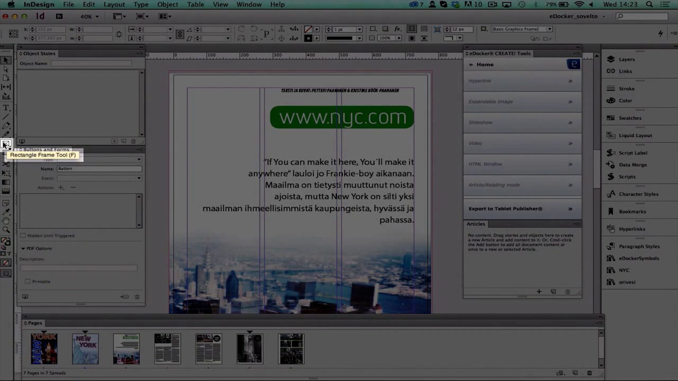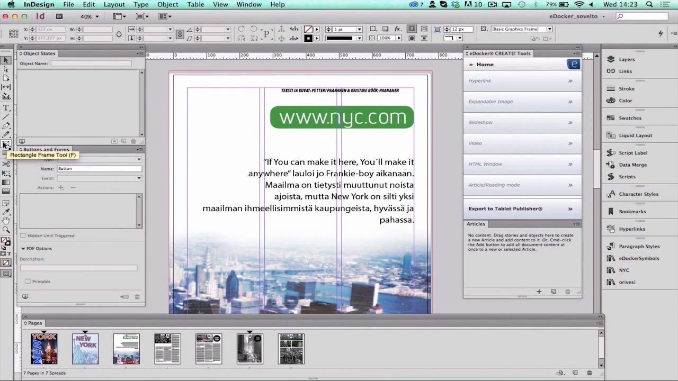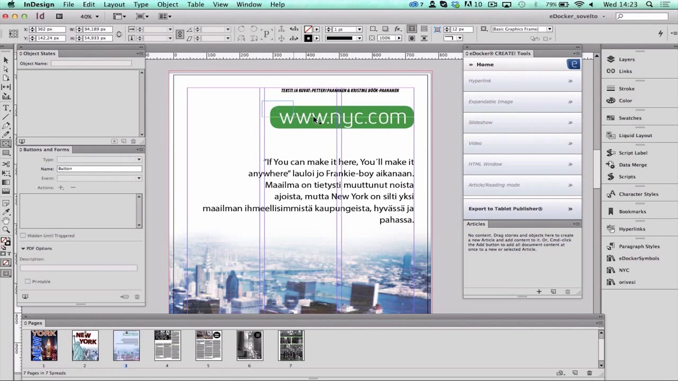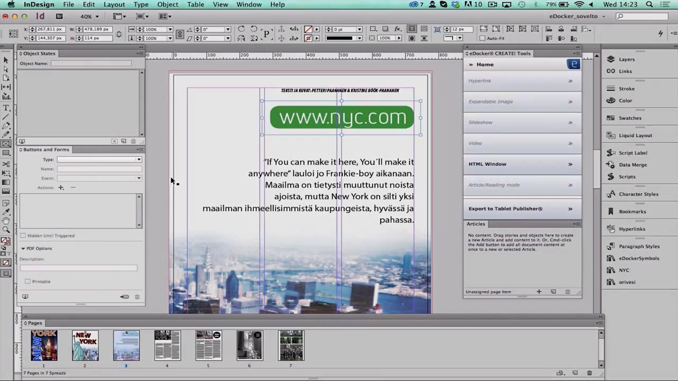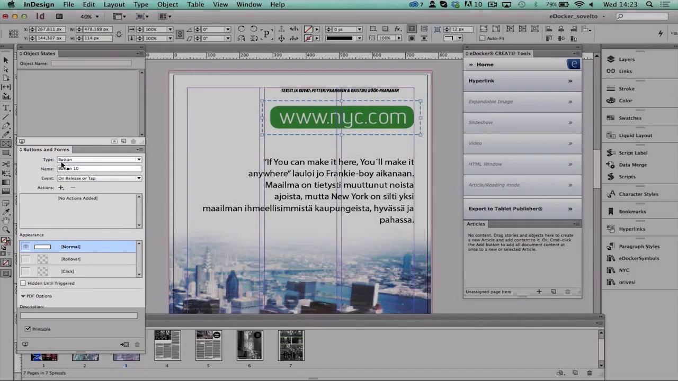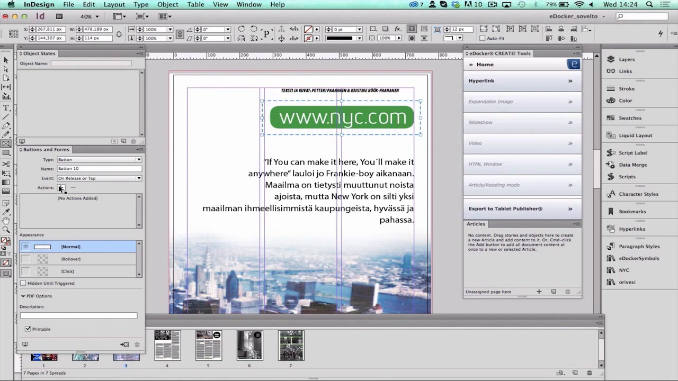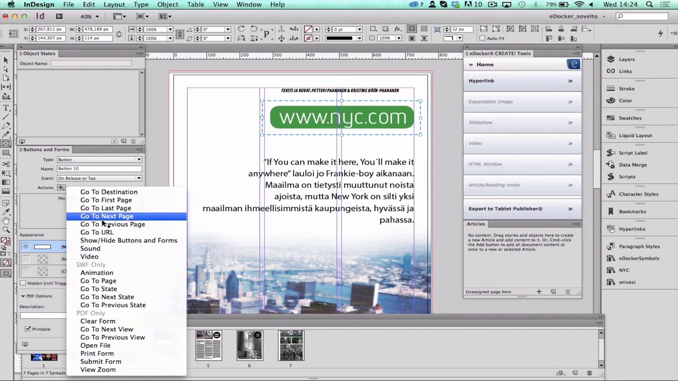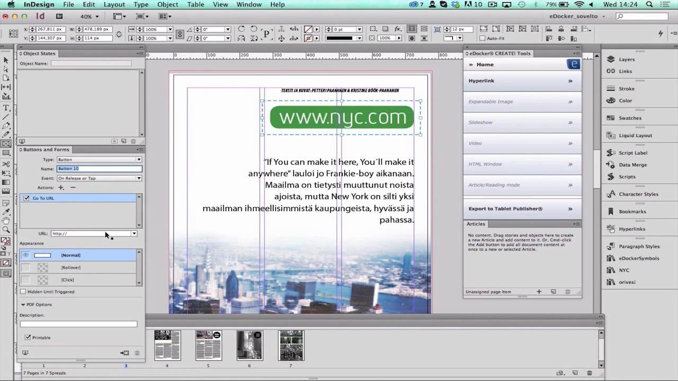First, I'm going to show you how to create a hyperlink to your publication. I'm going to start it with InDesign's own rectangle tool. I'm going to draw an invisible rectangle wherever I want that hyperlink to be. And after I have drawn it, I will convert this rectangle to a button. I'm going to use InDesign's own button tool for that. Then I'm going to assign an action, go to URL to this button and give URL address. In this case, I'm going to put